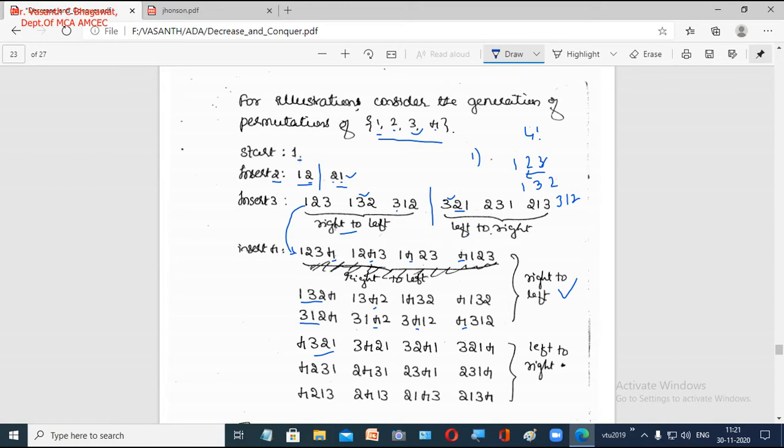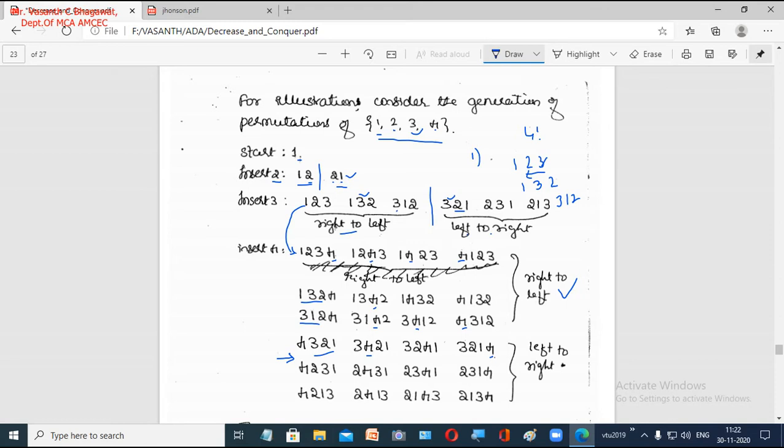So first you insert 4 on the left. So 3 2 1 becomes 4 3 2 1. Next 4 comes here after 3. So you can see we are going from left to right. That means you are going in this direction. You observe where 4 is going. It starts from here, and in the next step it goes here. That is 3 4 2 1 you will get. Next 4 comes here, so 3 2 4 1 and lastly 3 2 1 4. So this number 4 we started from left side and we have gone till the right side.